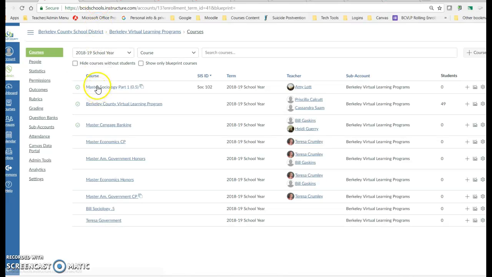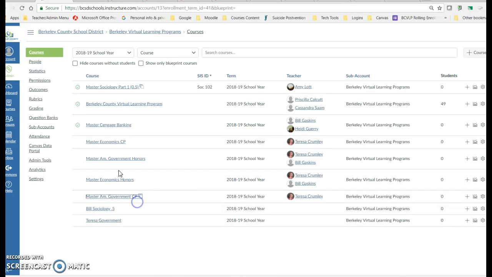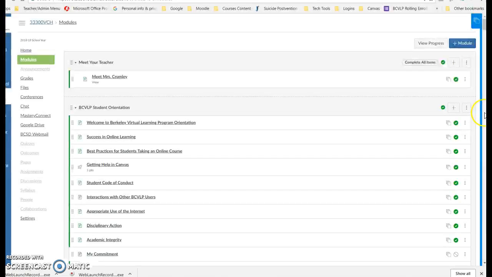Now let's go back to the master government course. You see it has the BluePrint button beside it. I'm going to open it. And now you'll see that it's a BluePrint course. You see the little blue here. Now if I click on this open sidebar,